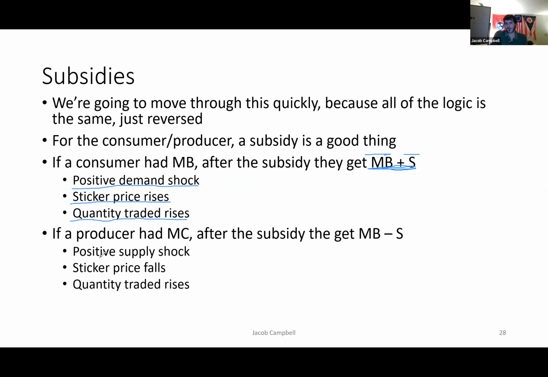Why does that sticker price go up? Well, consumers want the product more now. They want it more because they're going to get the subsidy, so they're going to bid the price up. What if we give the subsidy to a producer? Well, a producer has a certain marginal cost of production, but after the subsidy, that's